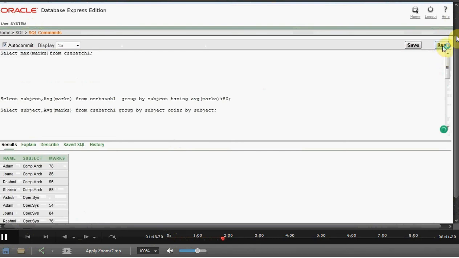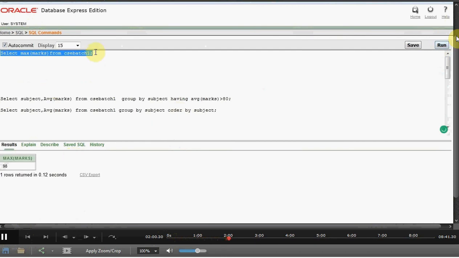Now max of marks function gives you the maximum mark out of all the marks. Now what if you want to find out the maximum mark for the database subject? Here you use the where class, where subject is equal to database. Now this will give you the maximum marks obtained for the subject database.